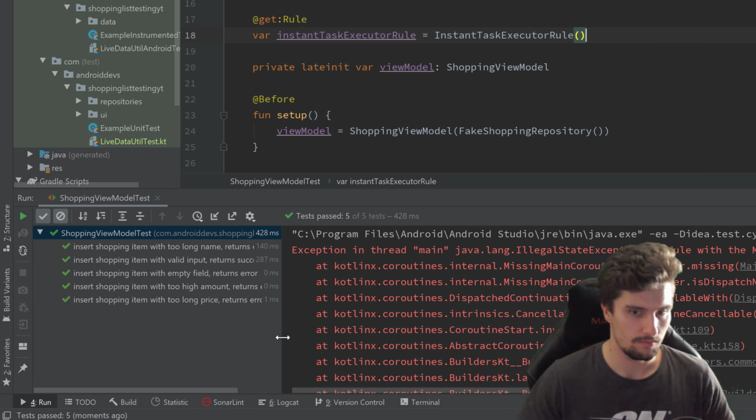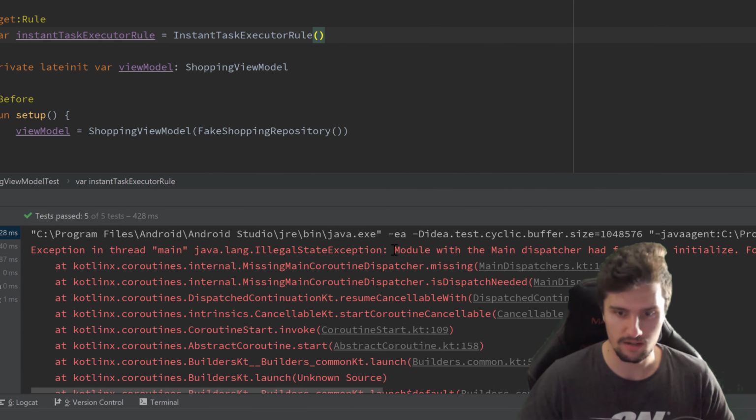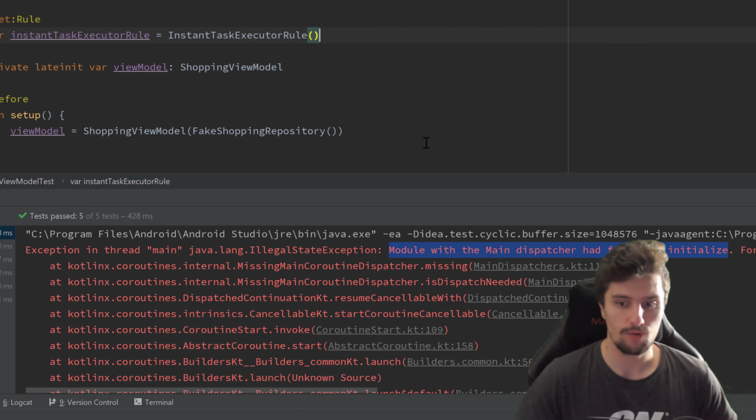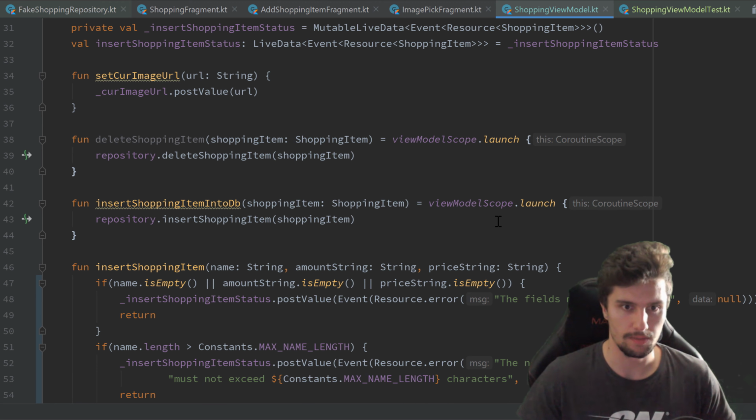And you can see we get an error here. Even though the test case is all passed, we get an exception in thread main: Module with the main dispatcher had failed to initialize. Okay, so the reason why this failed is if we take a look in our shopping view model, you can